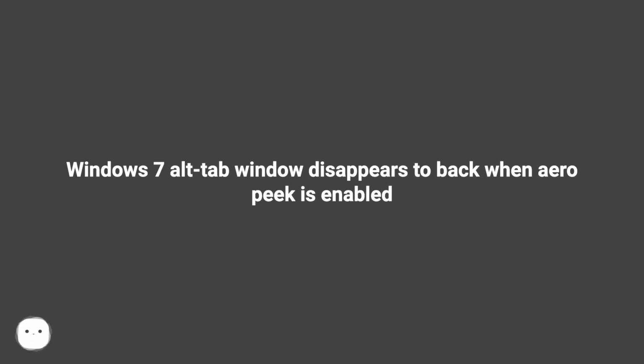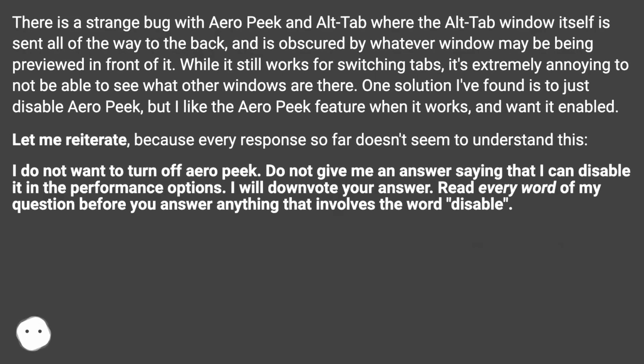Windows 7 Alt-Tab window disappears to back when aero-peek is enabled. There is a strange bug with aero-peek and Alt-Tab where the Alt-Tab window itself is sent all of the way to the back, and is obscured by whatever window may be being previewed in front of it. While it still works for switching tabs, it's extremely annoying to not be able to see what other windows are